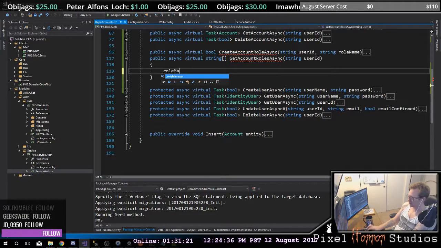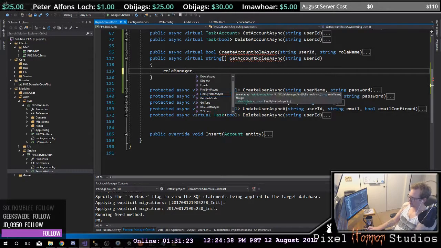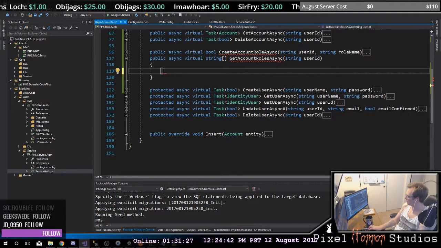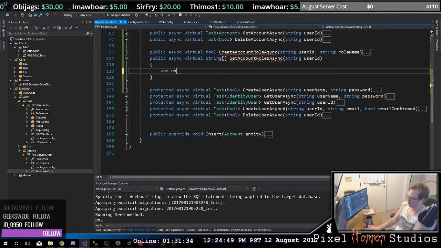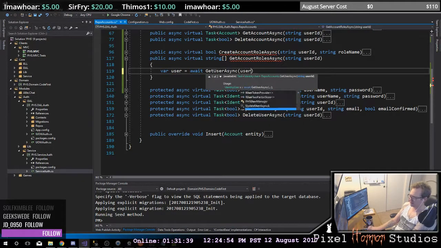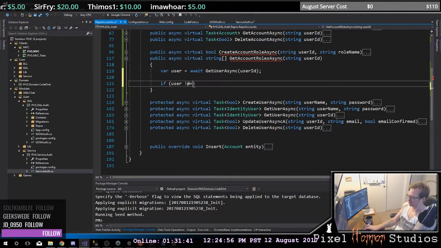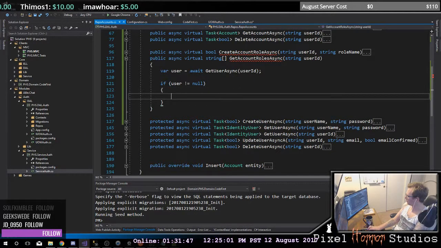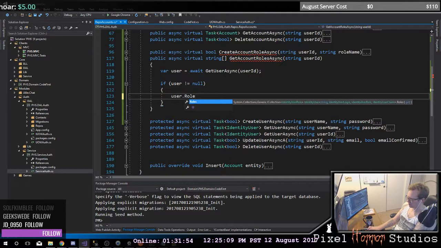We're going to do my role manager dot, and now we got a find by role. Nope, it's definitely going to be a... well, let's first get our user, right? So we need to get our account. So we're going to say, if our user equals await get user async of my user ID, if my user does not equal null, then what we want to do is, I think, we could look at user.roles, right? And that should give me,